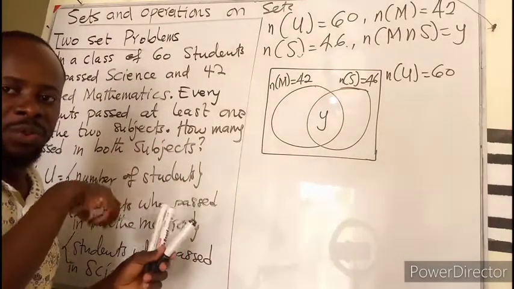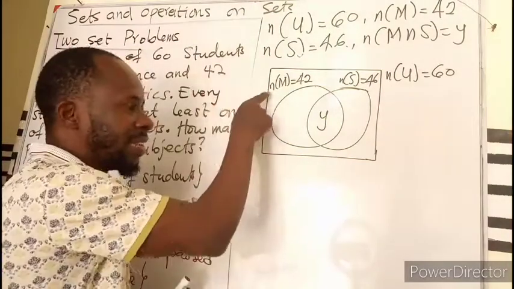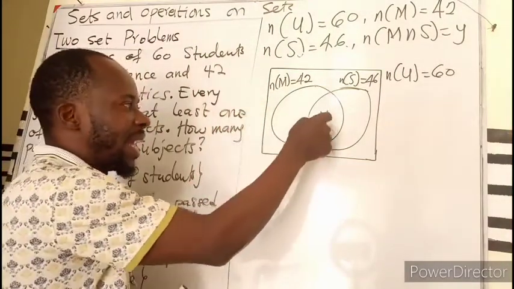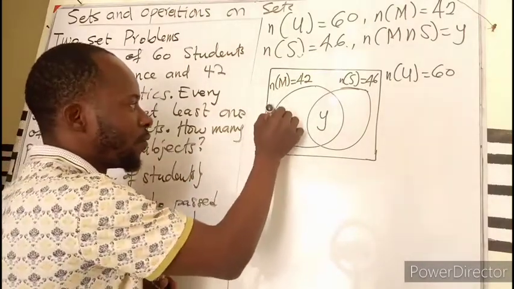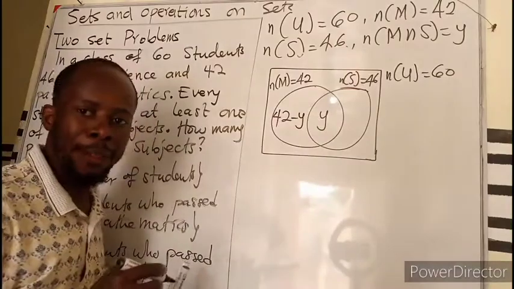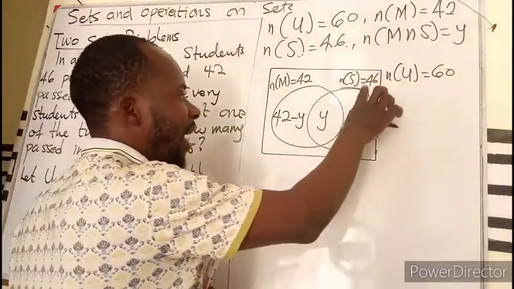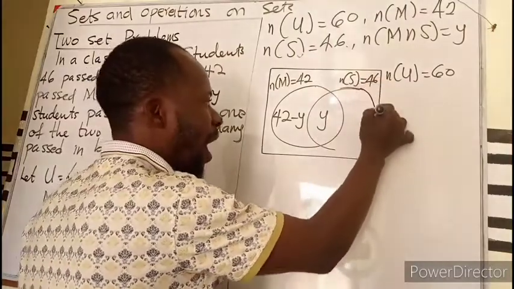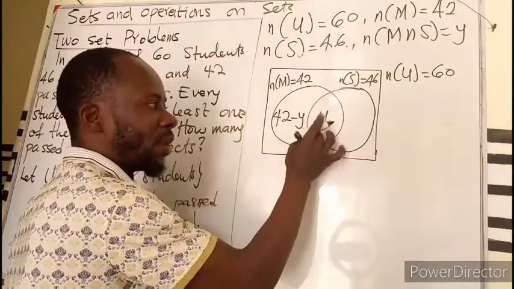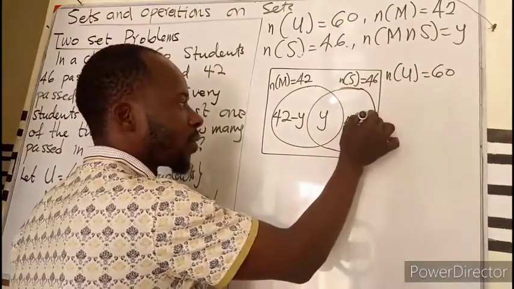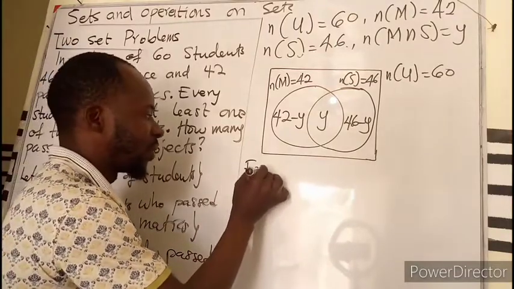From the formulas we derived, to find the A only, in this case M only, I subtract the intersection from the whole of M. So that becomes 46 minus Y, per the formula we just derived. Then here we also have the whole of this set, which is 42, minus the intersection. Since there is no complement,